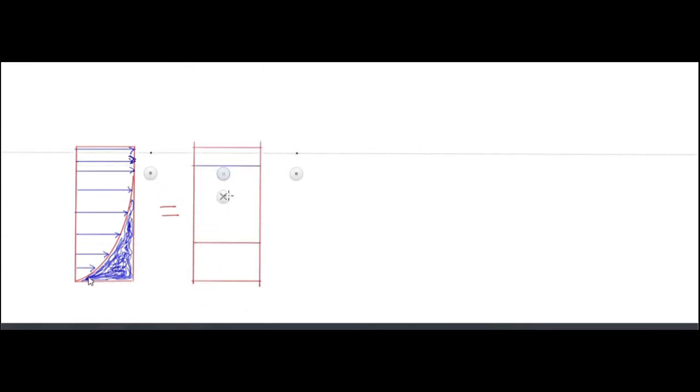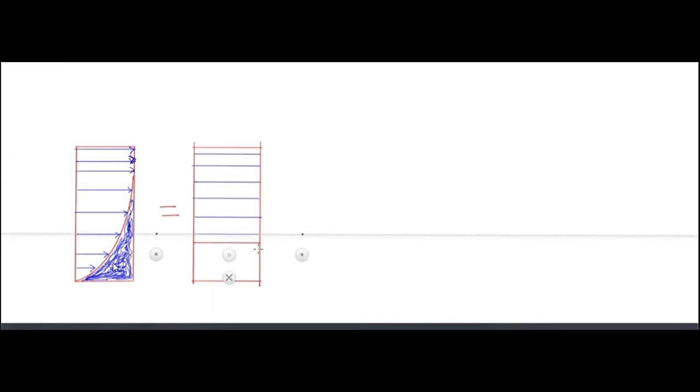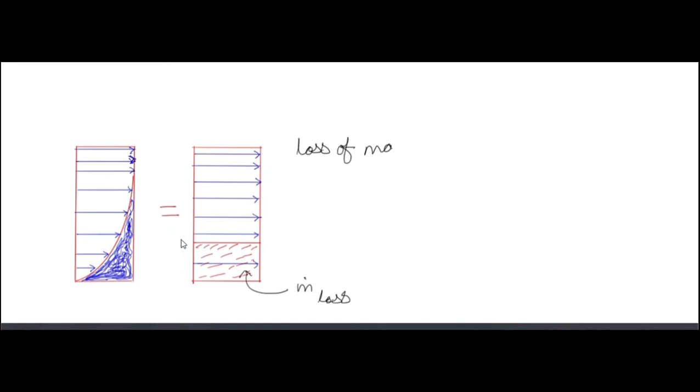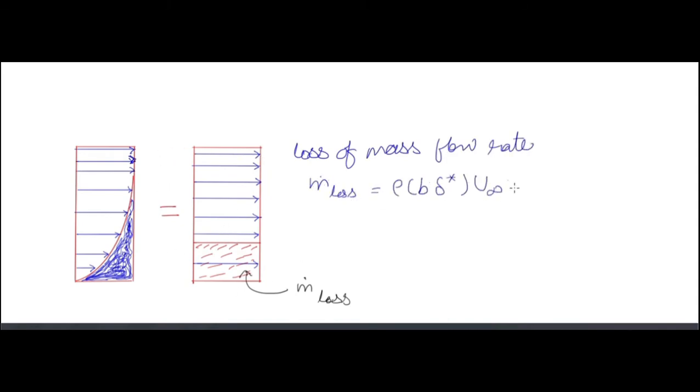Due to boundary layer formation, the flow has been obstructed and restricted, so there is a loss of mass flow rate. If you put all the terms into a rectangular value, the lower portion is the loss of